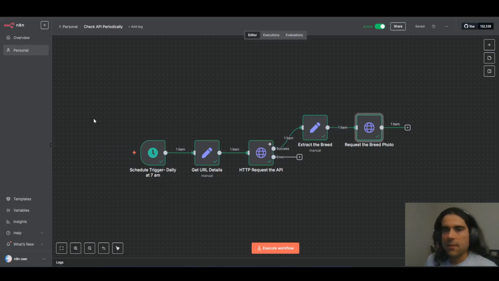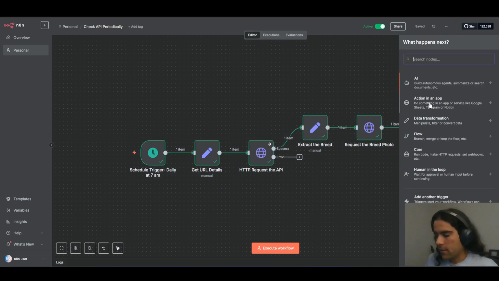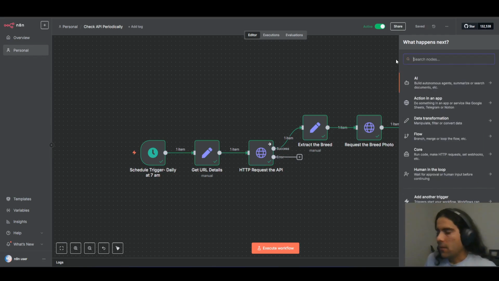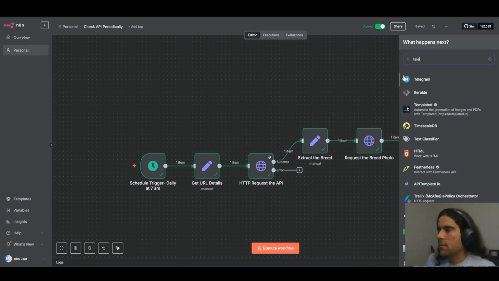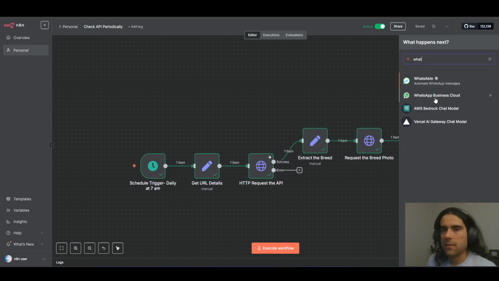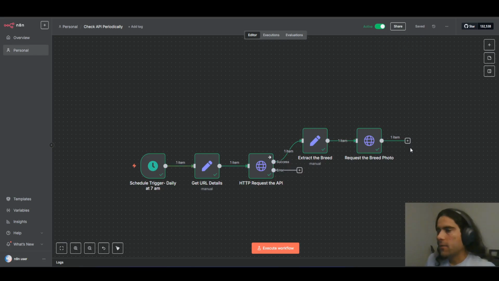All right, so that is our API automation, and as I said, you can Slack someone, you can store in a database, Postgres, MySQL, MongoDB, you can send a Telegram message, right? If you have a business using WhatsApp, you can send a message in WhatsApp Business, and many other nodes that we have, right? So next video probably I will cover a little bit about AI and how you can store this, and what about errors,